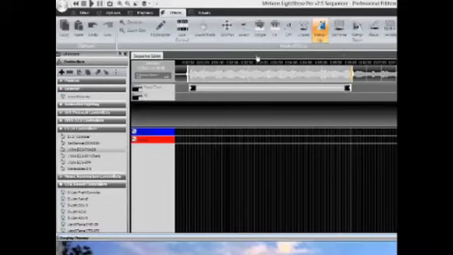Actually, there's 2 different visualisers on here, sorry. You've got the visualiser that you see now, but you've also got a playback visualiser which will take up the whole screen itself. It will actually activate when you press play. There have been some issues with that at the moment where you're getting grey screens for it. I don't know what's causing that. It definitely can't be the computer power, it's got to be something in the software itself. So this way is, again, less resource intensive. So if we click on play,